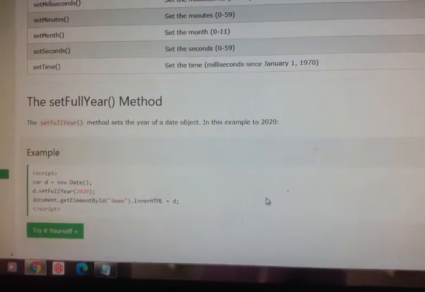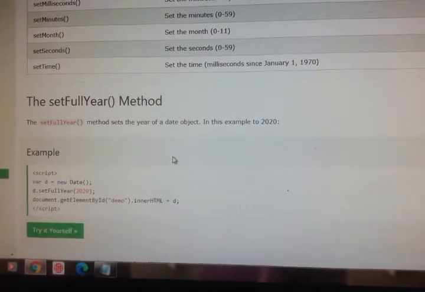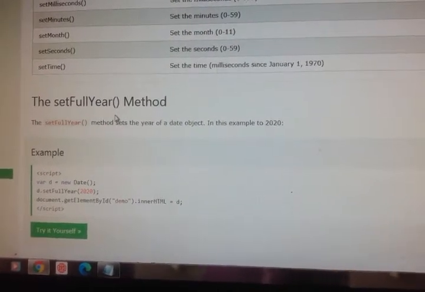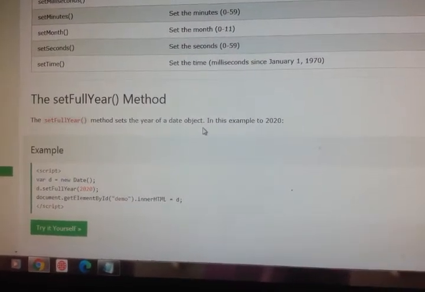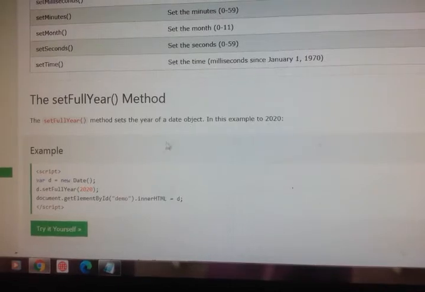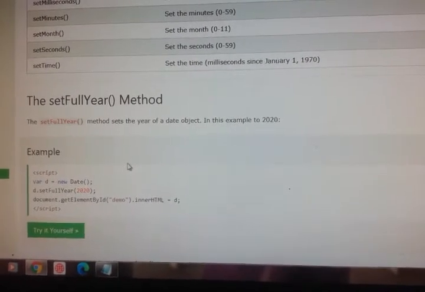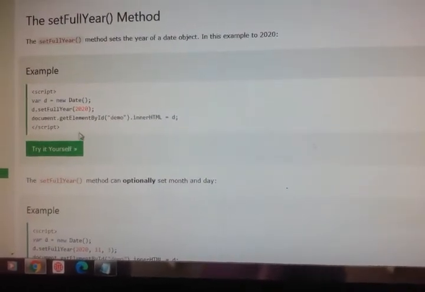If you see the first method, the set full year method sets the year of a date object. Here in this example we have taken 2020.